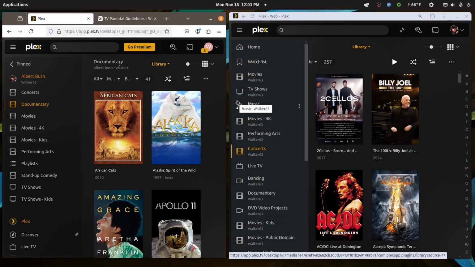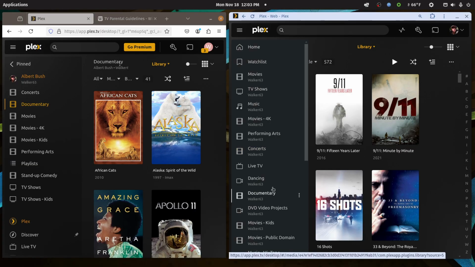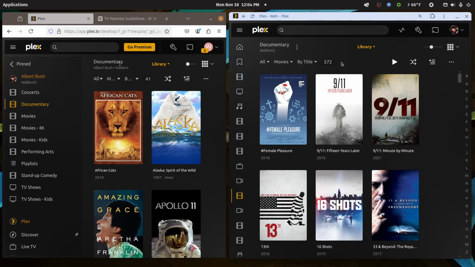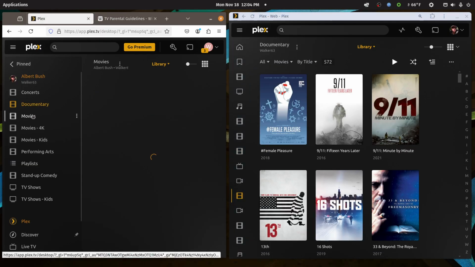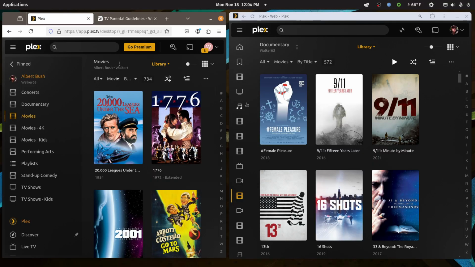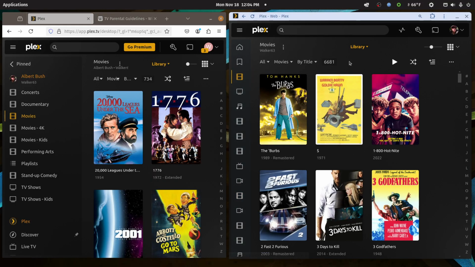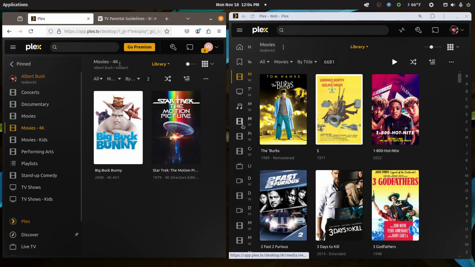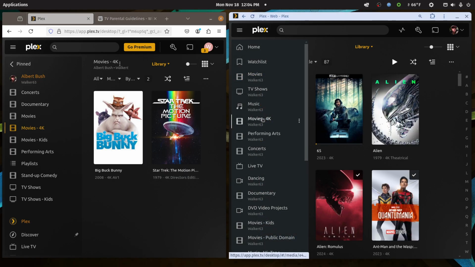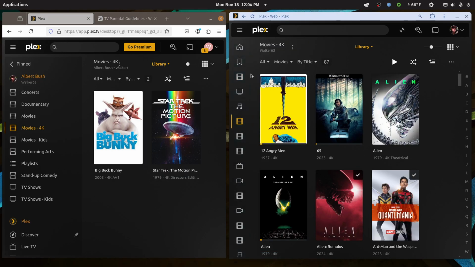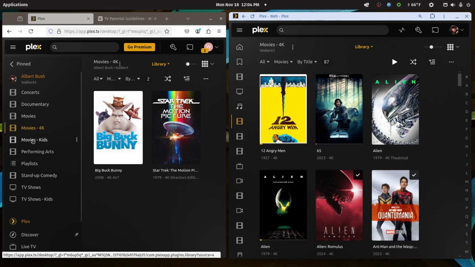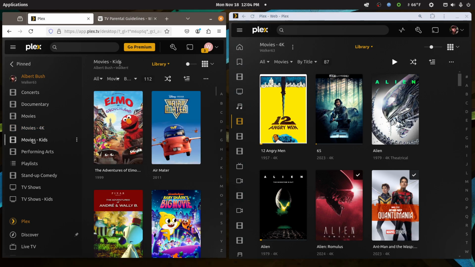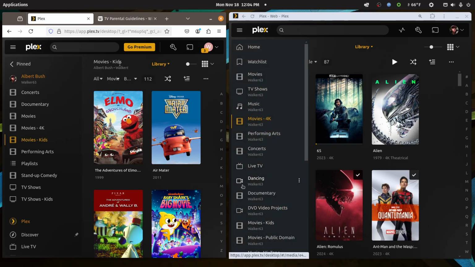Documentary is 41 out of 572 documentaries. Main movie library is 734 out of almost 6,700 possible movies. The 4K was low, out of 87 possible movies. Let's see how the kids' library fared with this. 112 movies is what the restriction is allowing